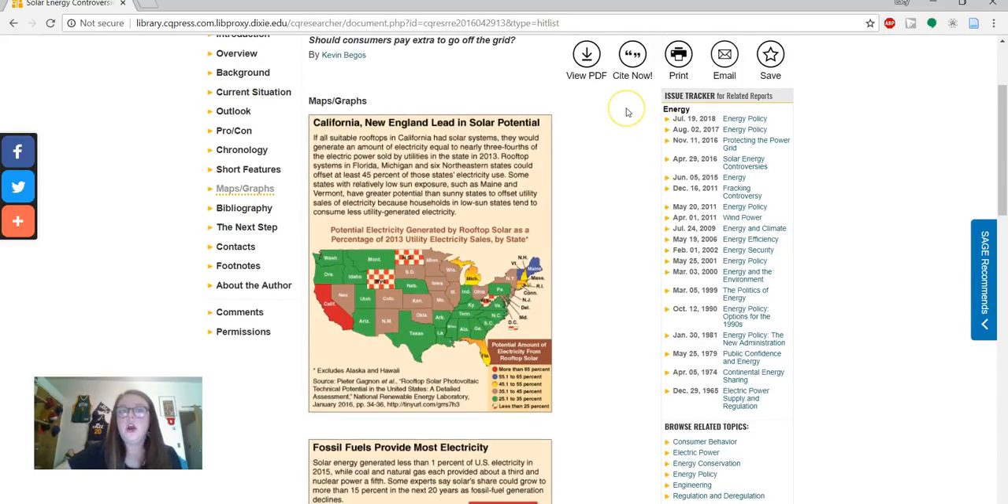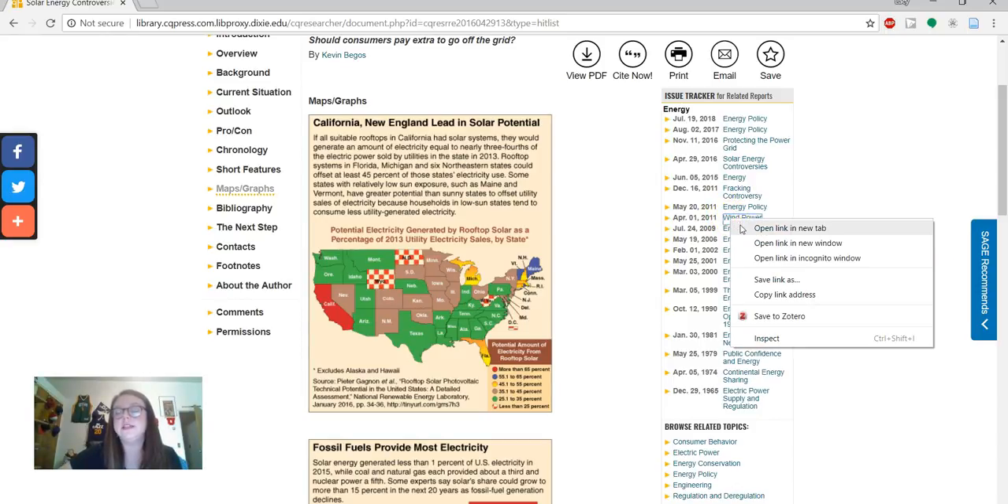So we can even go to the right-hand side here, and we can look at the issue tracker for related reports. So if I want to expand my understanding of solar panels and see how it applies to other ongoing discussions, I could very easily click on one of these. So if I wanted to look more into wind power, let's say,